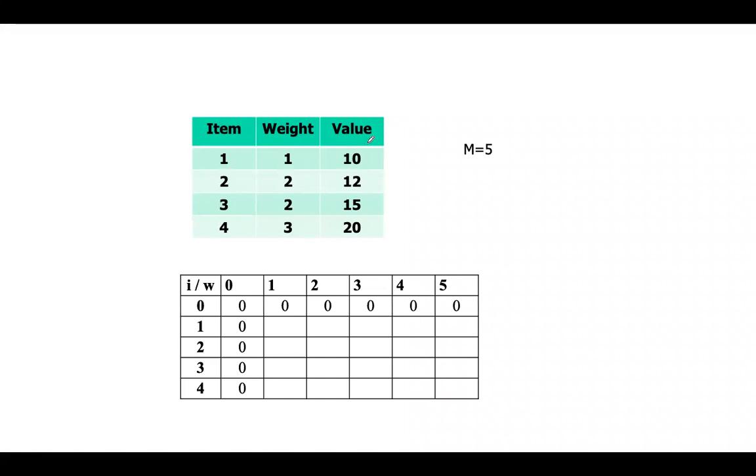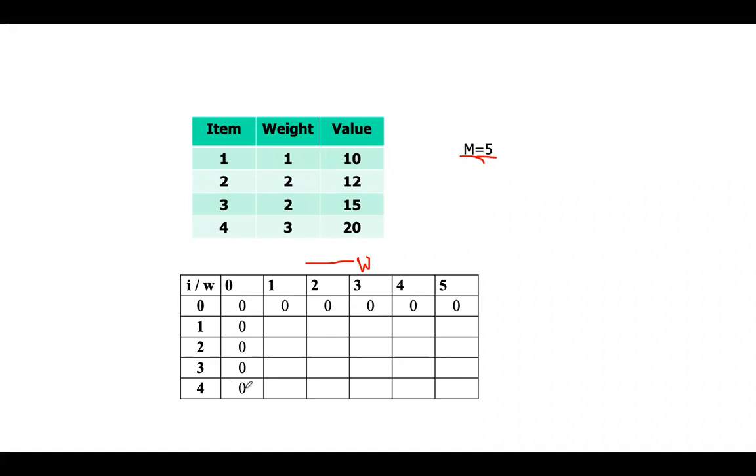For that, you have to take a table. See, dynamic approach means obviously we'll create a table and we'll store the intermediate results. So this is the table. This 1, 2, 3 represents weight. Column values 1, 2, 3, 4, 5. 5 columns we have taken because our bag capacity is 5. For that reason, 5 columns we have taken, and 4 rows because 4 items are there, and 0th row, 0th column because in the end we have 0 weight or 0th item. For that reason, this is kept blank.